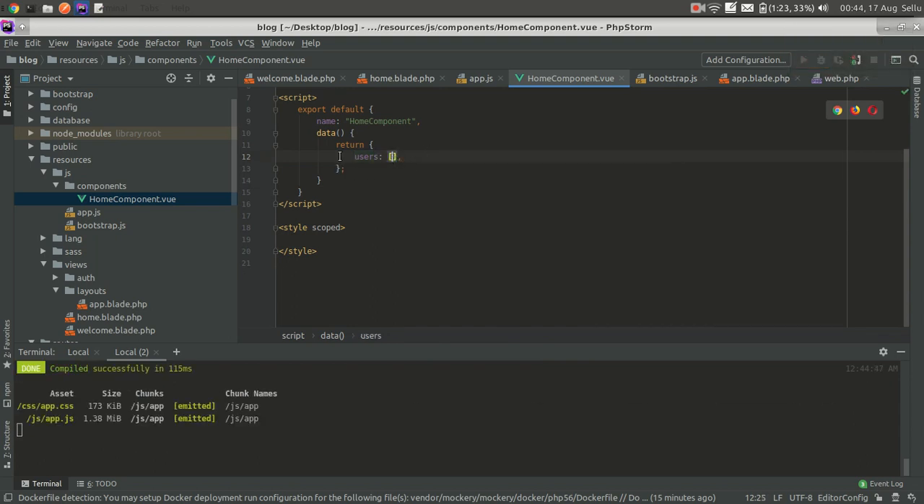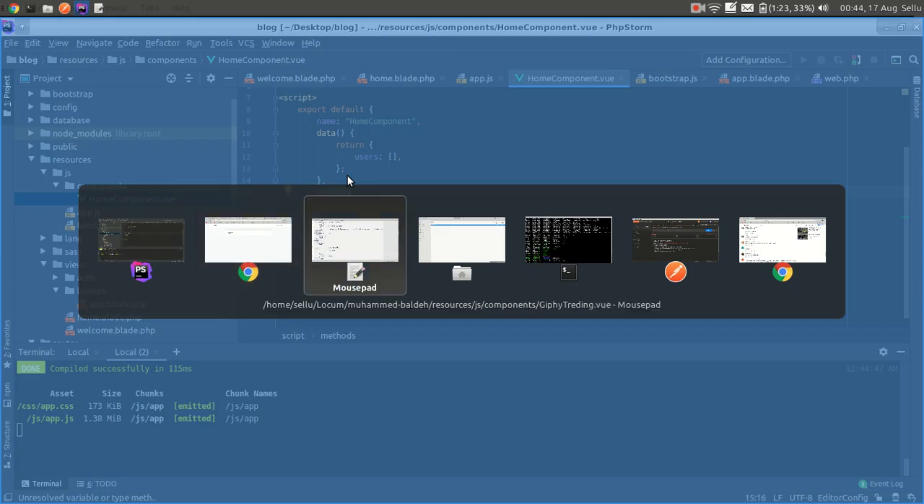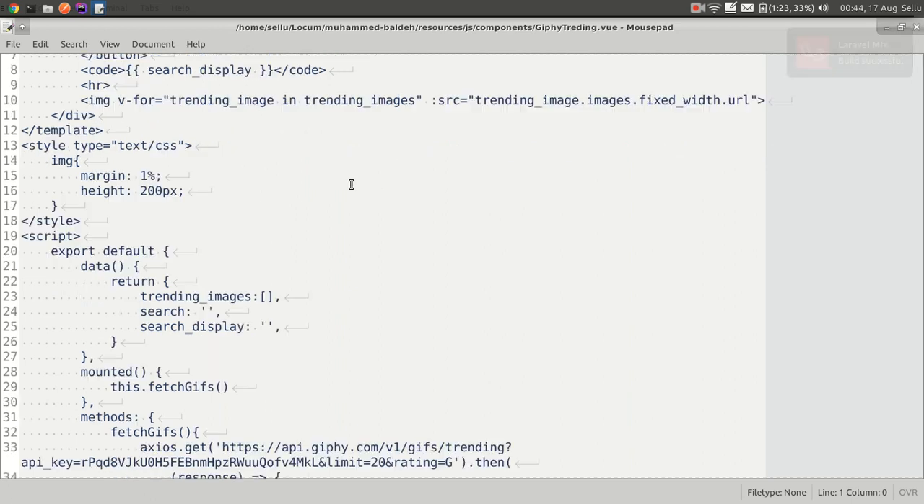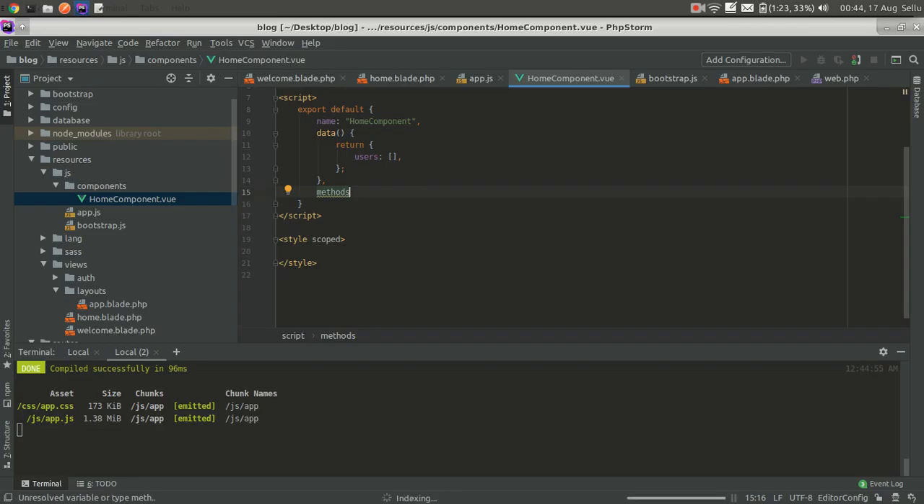Okay, so after this data, we need methods. Let me confirm here. So methods, okay. So by the way, I don't memorize all these codes. You don't have to. The internet is here for that. The computers are here to do that. So after having these methods,